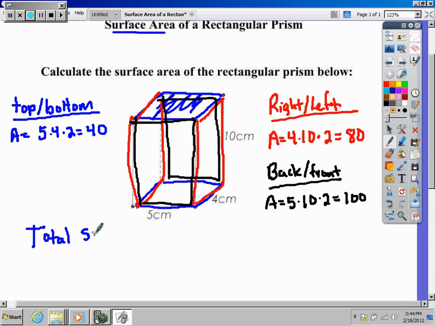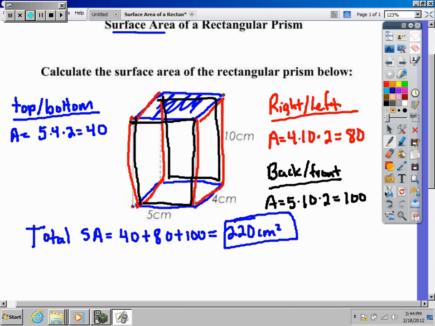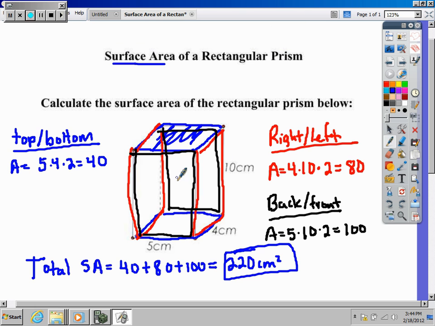Now to get my total surface area, I add all these numbers together. So I add the 40 to the 80 and the 100. So I have 120 plus 100, which will give me 220 centimeters squared. So keep in mind, whenever you're doing surface area of a prism, you have to think about it as each individual side, add each area up, and